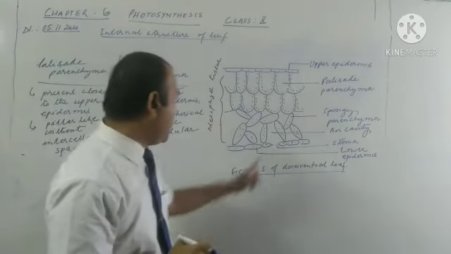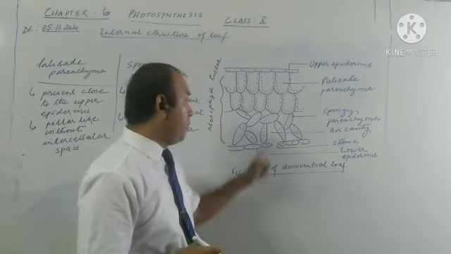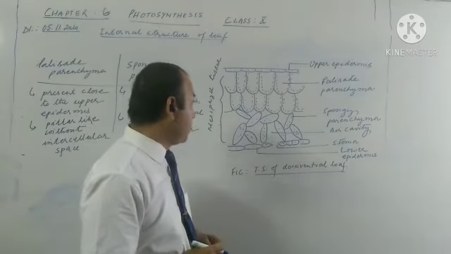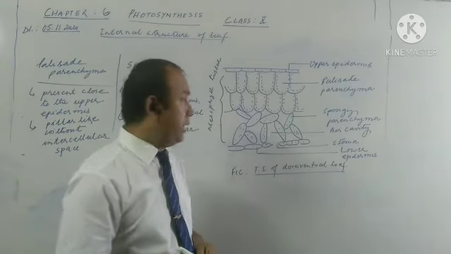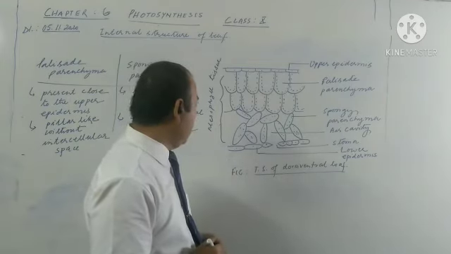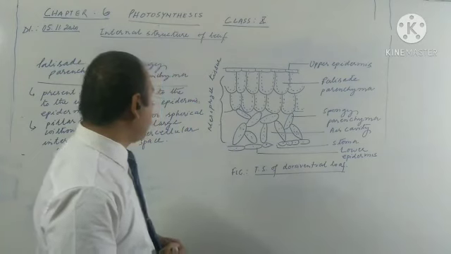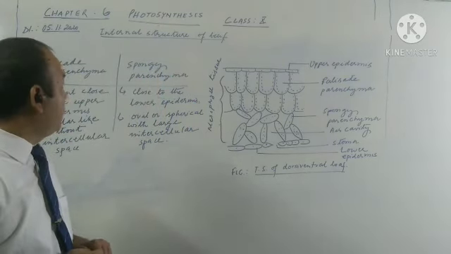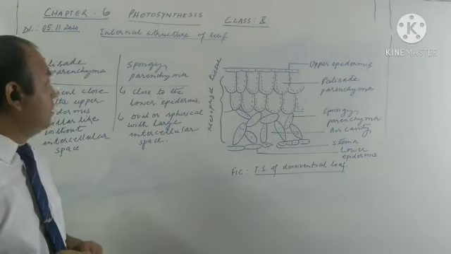See, sometimes the space becomes so large that they form the cavity called the air cavity. So air cavity is also shown here. About the stomata we will be learning later on. Okay, so this is about the internal structure of leaf. So just now we have completed. Okay, we'll be starting